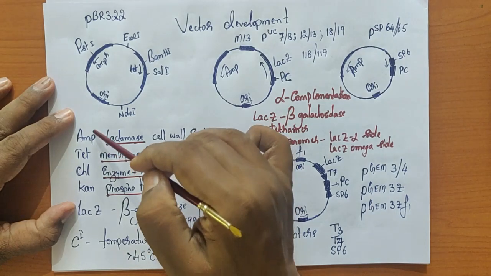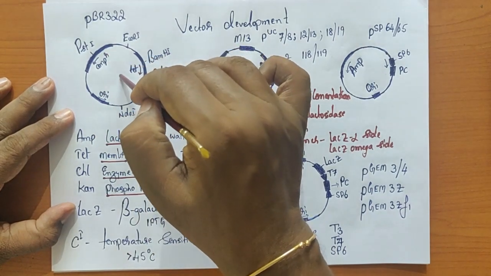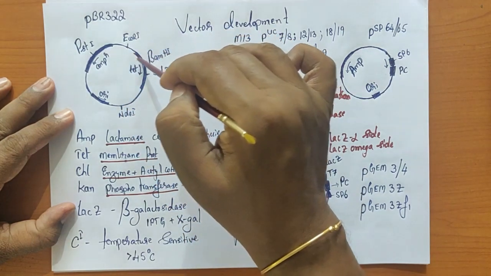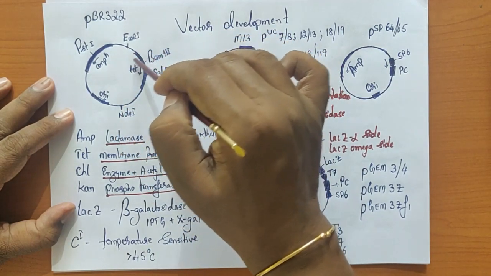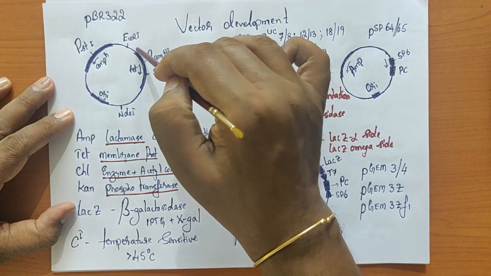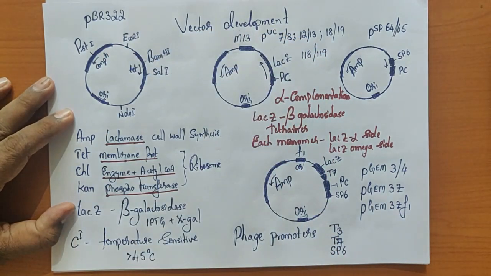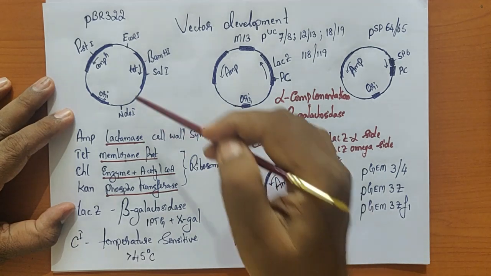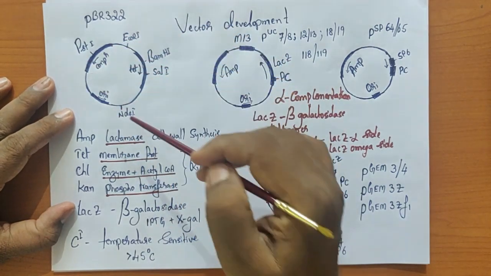So as a result, in case of pBR322, the somatostatin gene has been introduced into one of the antibiotic resistant genes, and we have used the promoter of one of these particular antibiotic resistant genes for its expression. All right, so that it is not going to be in our control.